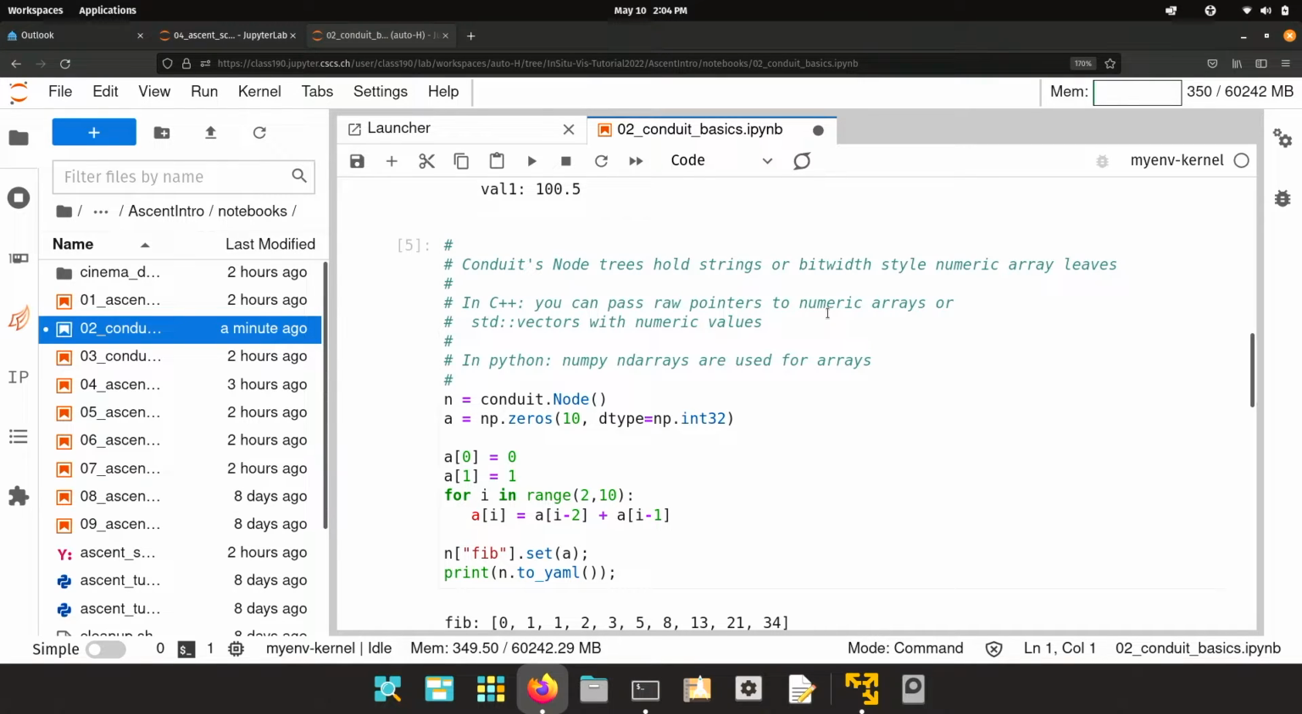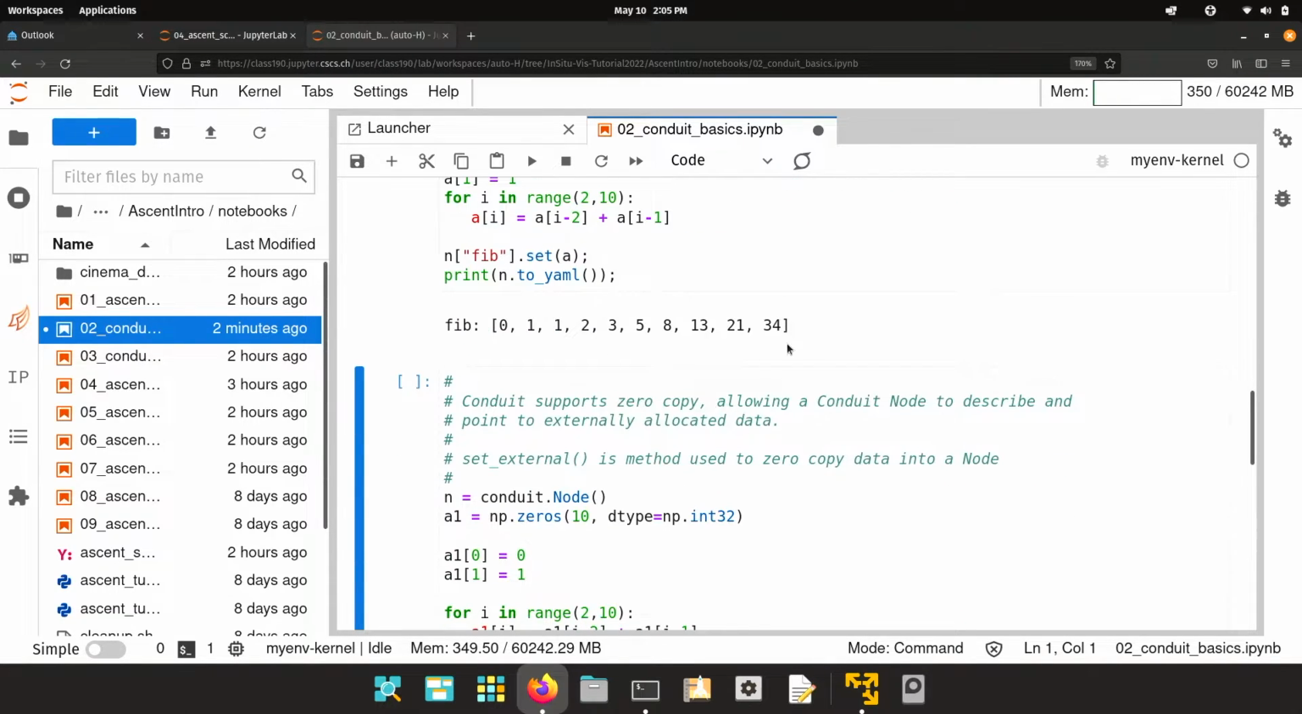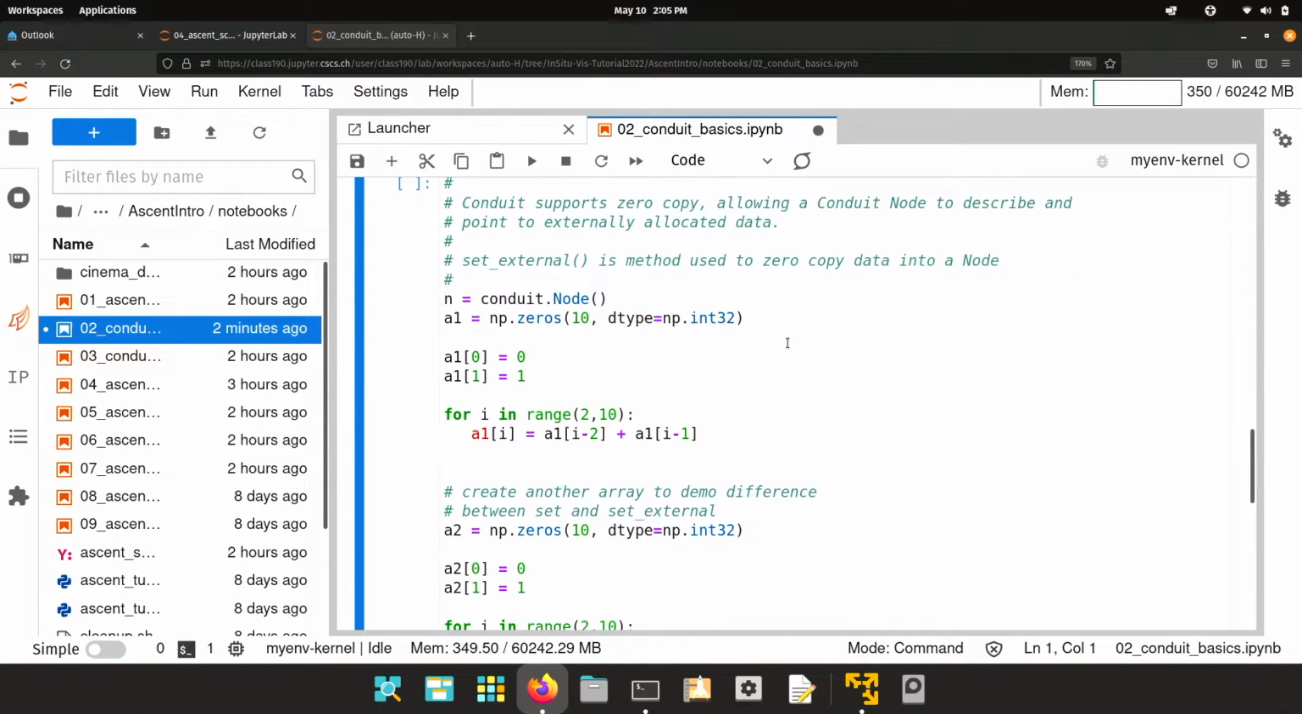0, 1, 1, 2, etc. Okay, so this is the first step. I can now store a simulation array into the conduit node. But you're going to ask, wait a second, is it a full copy? Is it a pointer only? And the answer is, in this case, it's a full copy. But Conduit actually supports